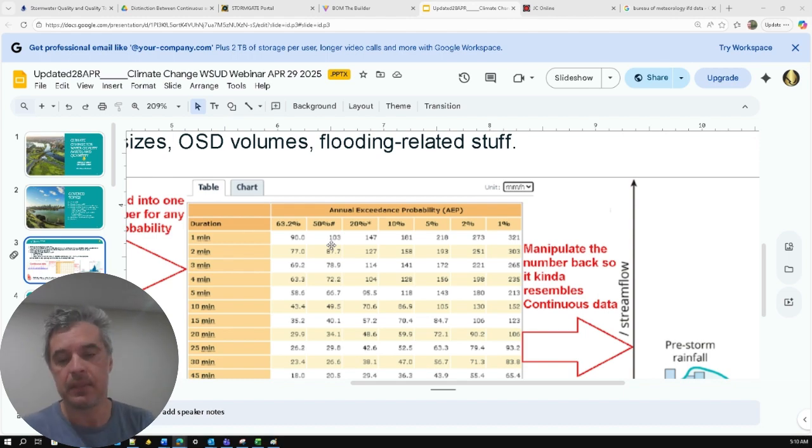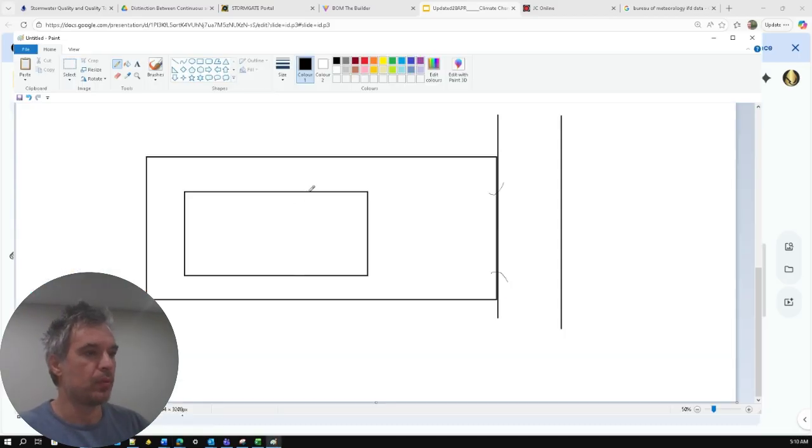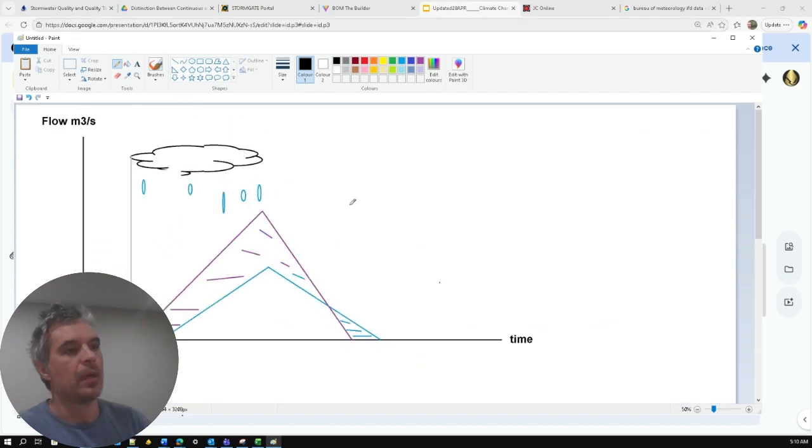Now, this data table, I must tell you, a lot of it is black magic. We don't have enough data to come up with this. This is just a statistical analysis. What people at the Bureau of Meteorology have done is take a long data series, a continuous rainfall record over 30 years, and then they came up with this data table. But this data table is easy to use because when you go back to our drawing and you say, all right,